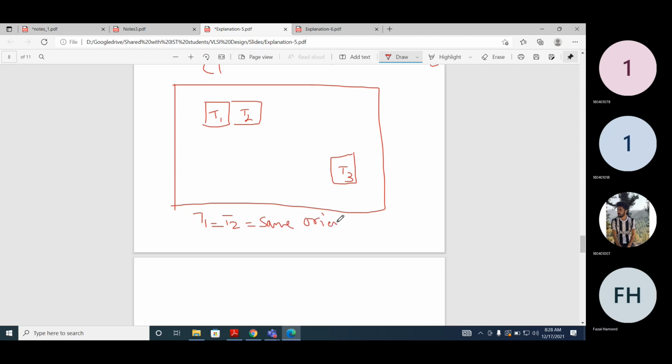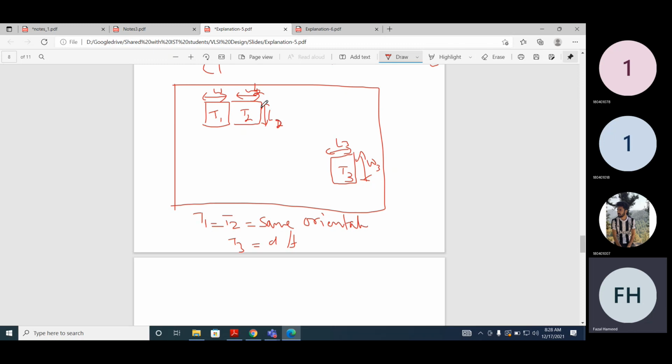Let's assume this is W and this is L. And T3 is of a different orientation, so here this is W and this is L. We name them W1 and L1, W2 and L2, and W3 and L3.